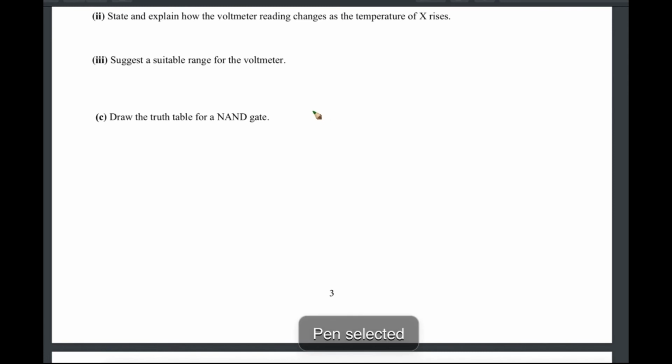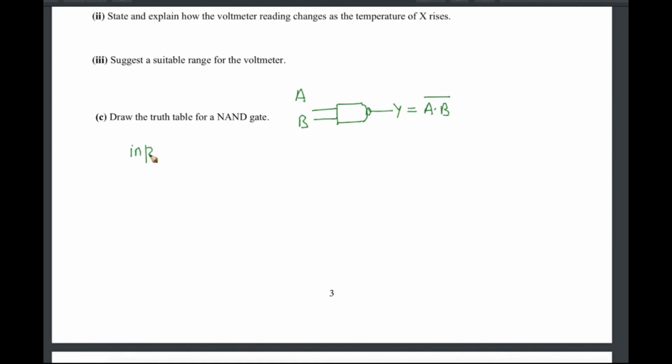So NAND gate, it looks like this. A, B, and this gives you output A multiplied by B bar. So let's write the input here. So input is A and B. First of all, we have to say C is A into B, and then finally A into B bar. So input